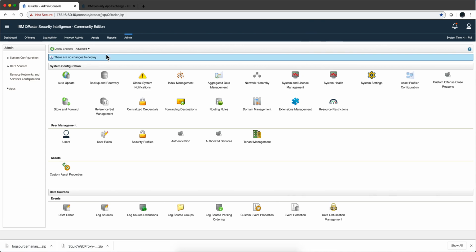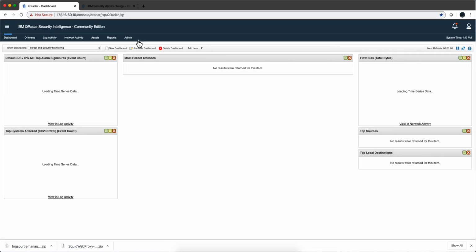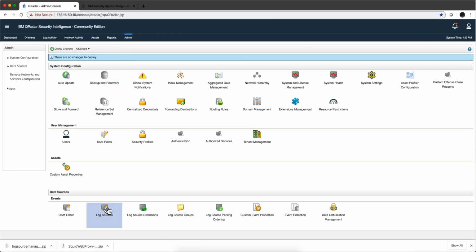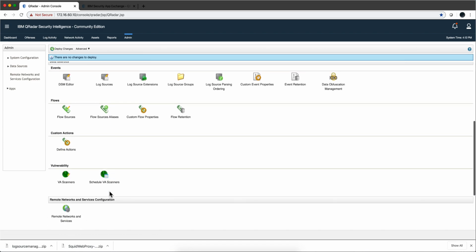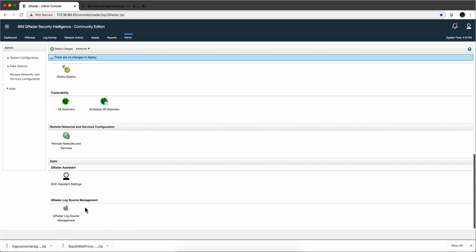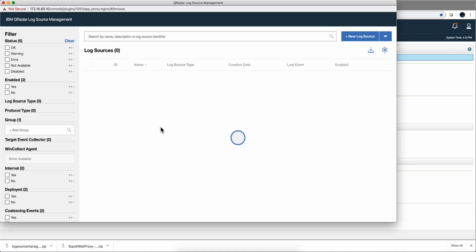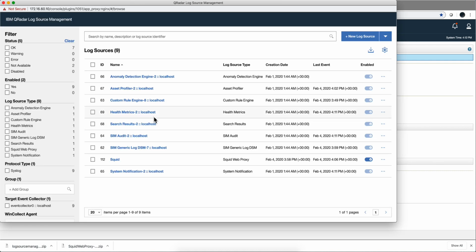We're going to reload the page, because in here you're going to find another icon in the admin tab, and that replaces this old-fashioned log sources app. And here it is, the log source management that we just added. And this is a beauty. Right now we have very few parsers in here, the Squid that we just added, and these are